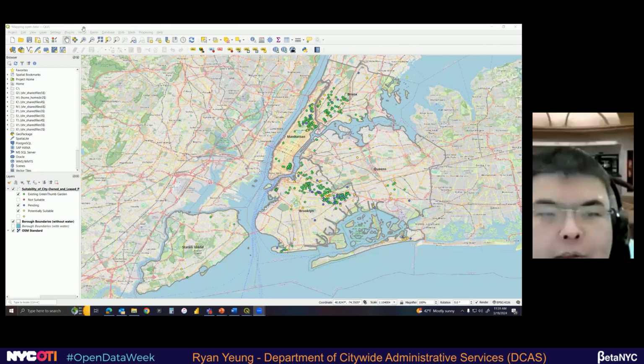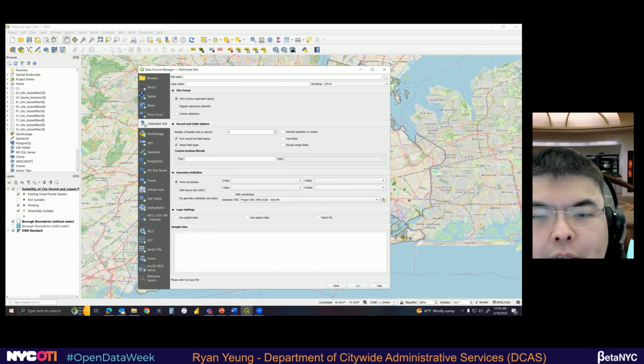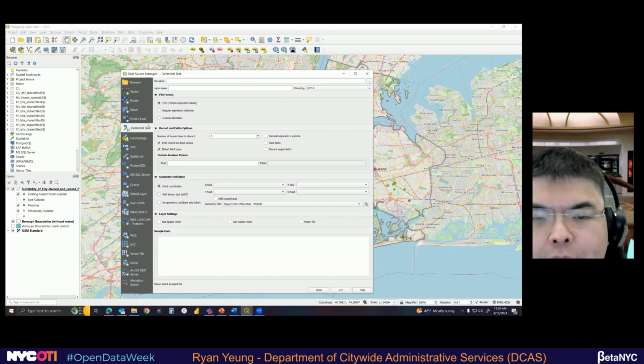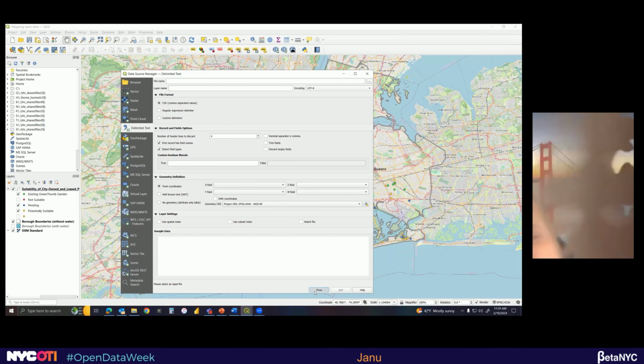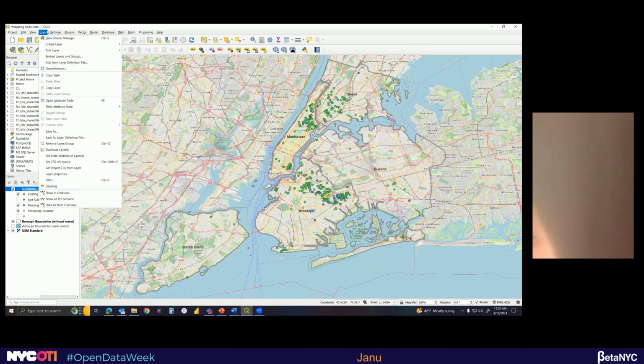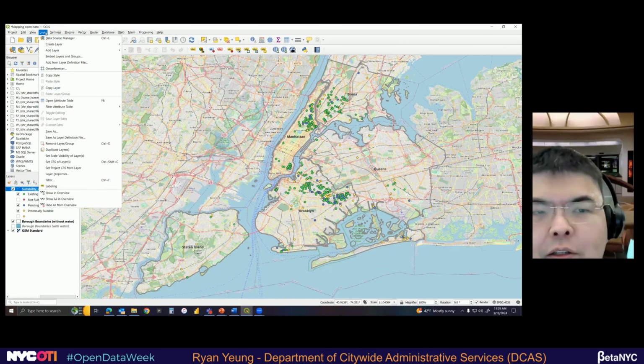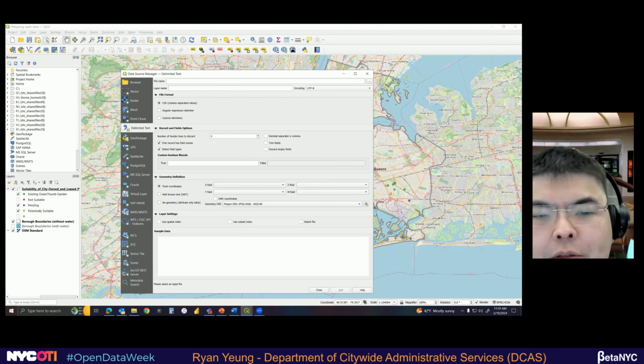Sure. CSV. So go to layer, data source manager, and at this time you want to select delimited text. And then open up the file and you can add it there. Okay. So right click the layer and then data source manager? Is that what it is? No, just select where it says layer in the menu. And then data source manager. And then delimited text.